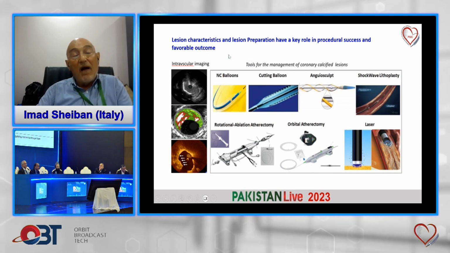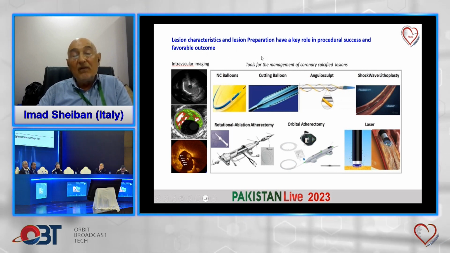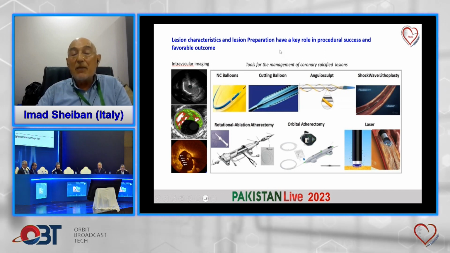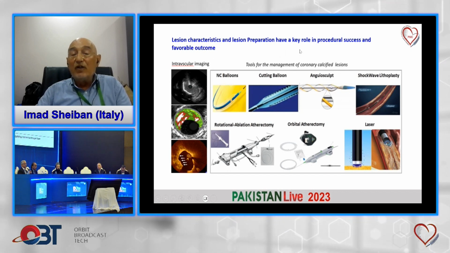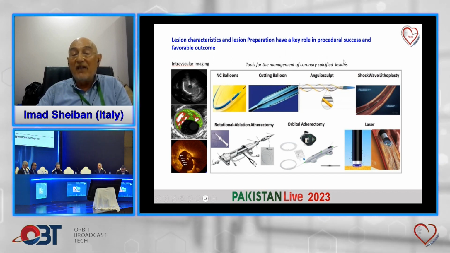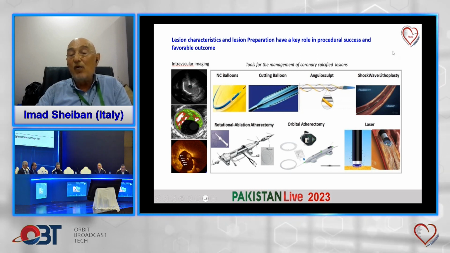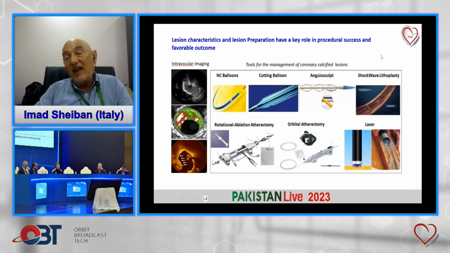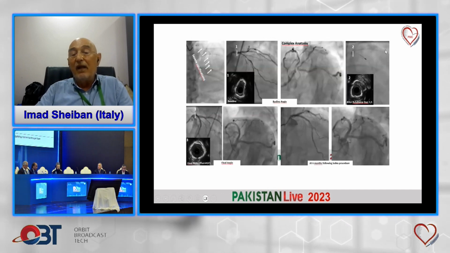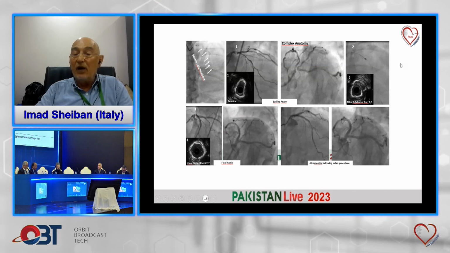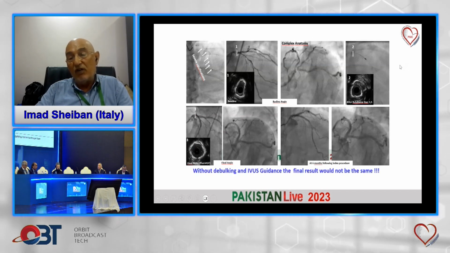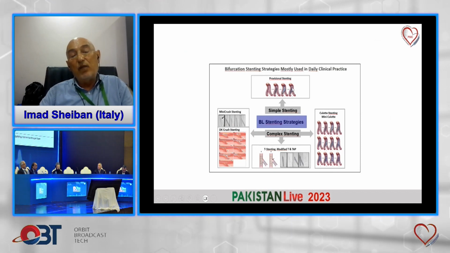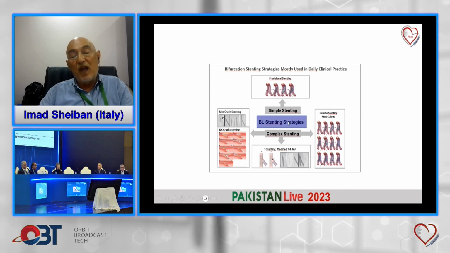That means every time you are approaching, not only bifurcation, I mean in general, I think lesion preparation adequately should be kept in mind every time, because that will give you the security to have a full expansion and full apposition of the stent if you are preparing adequately your lesion before stenting. Then coming to the stenting technique, we know that we have the simple one is provisional, and we have